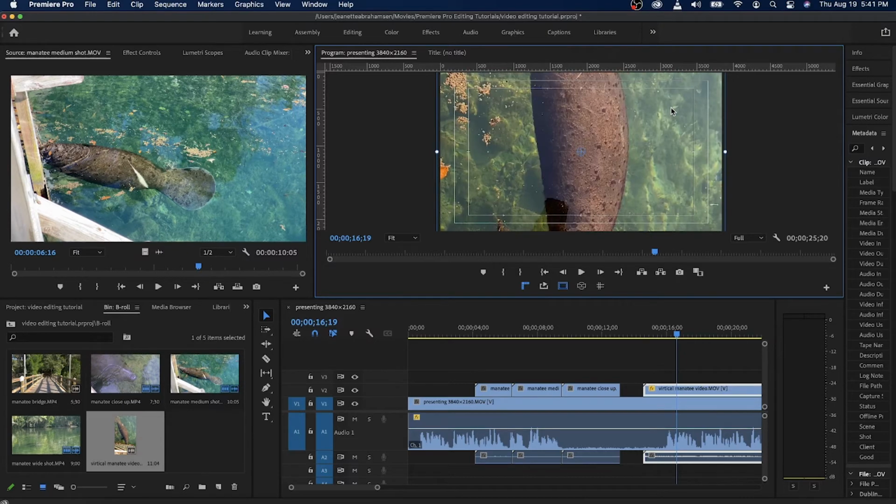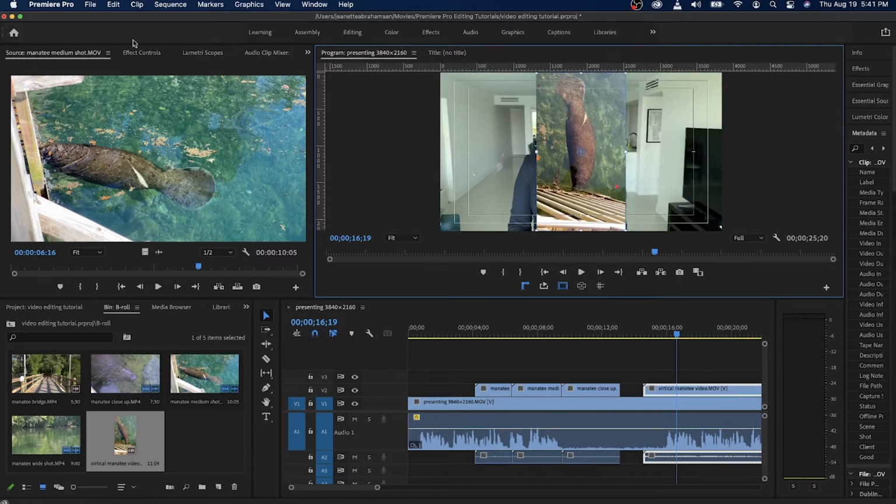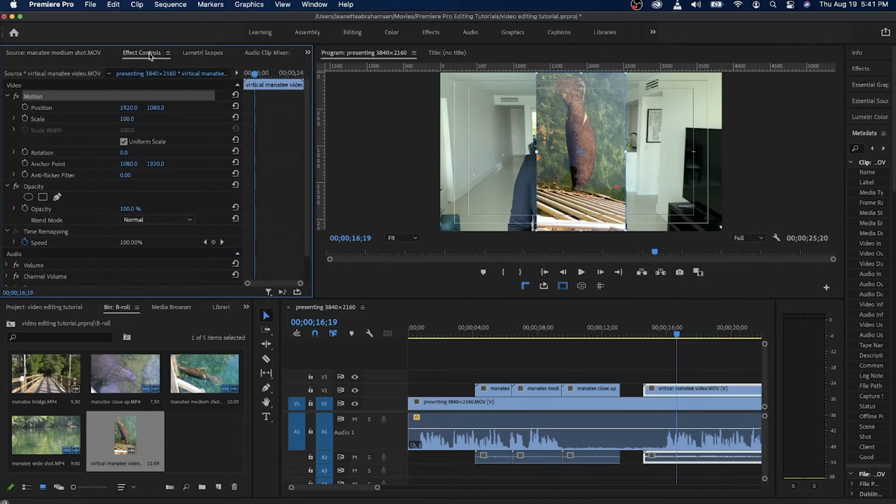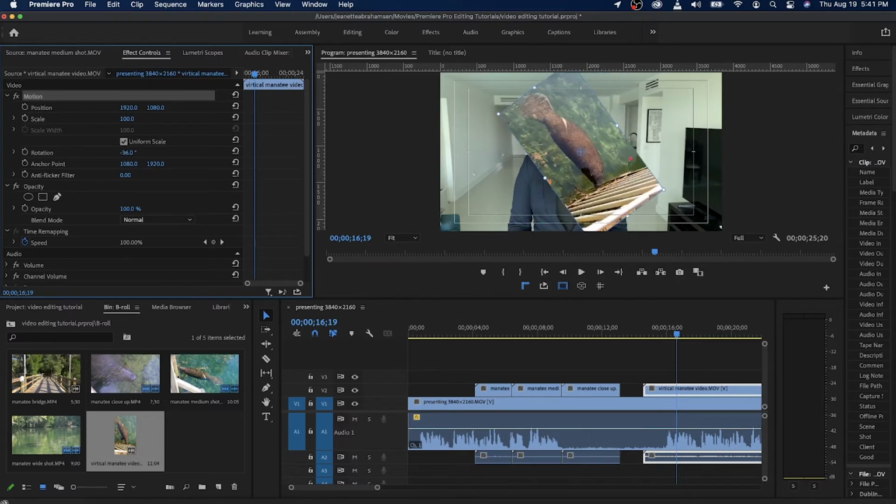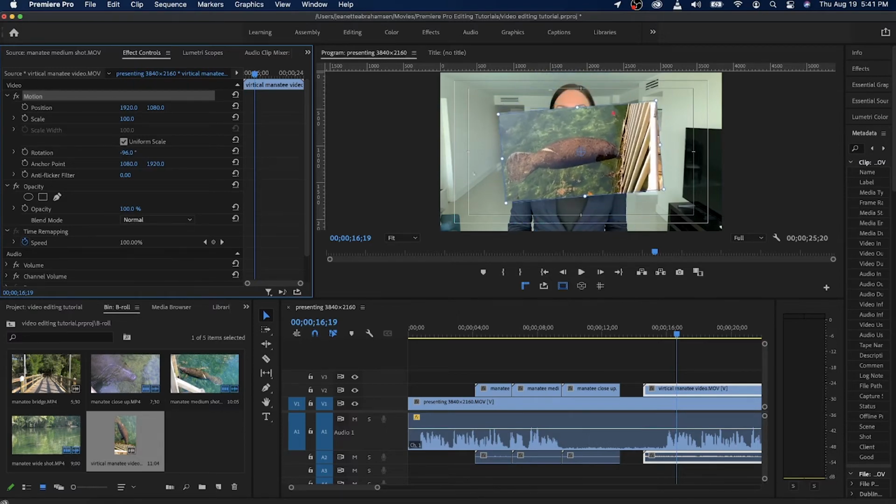So I'm going to undo here, and I'm going to go over to the effects control panel, just like that. And it is selected. My clip is selected. I'm going to go over here, and you'll see there's a rotation area. If I click and drag and move it to the left, you can see that I could make it like